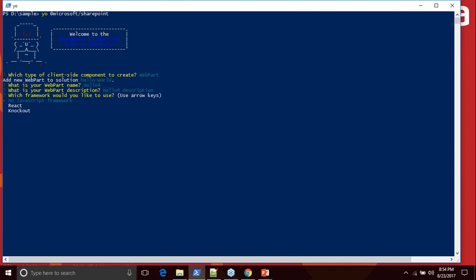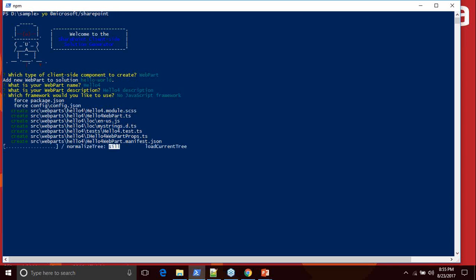And the next prompt is very important, where it asks us what kind of framework we need for creating our client-side web part. For this instance, I would pick no JavaScript framework, and what it does is it creates a web part making sure that no JavaScript framework is taken into account. So when I hit enter, we can see the commands that are running, which allow us to add another web part